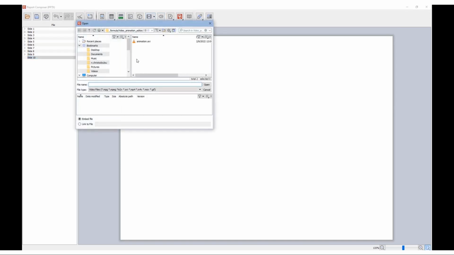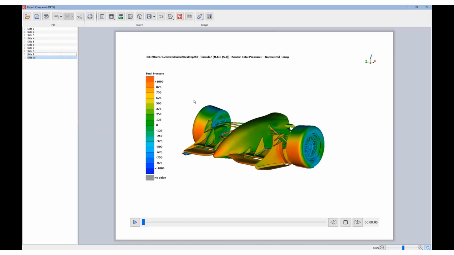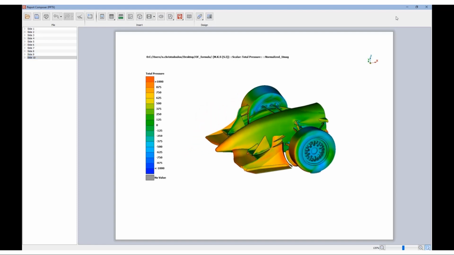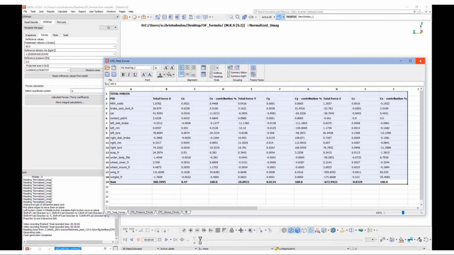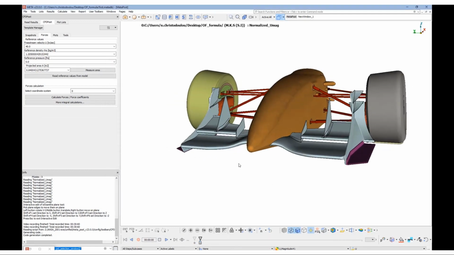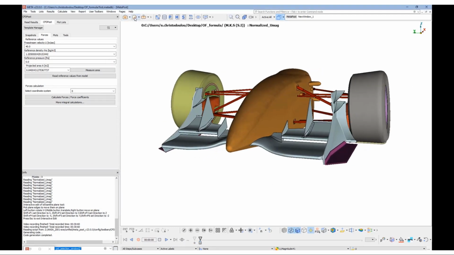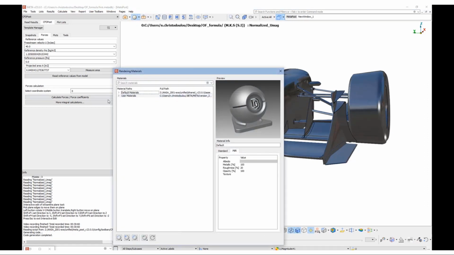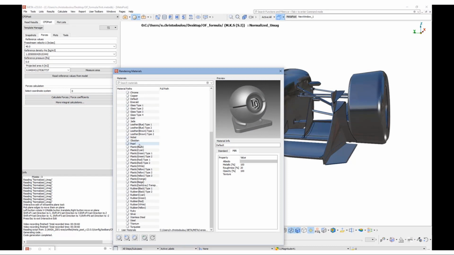We can include, of course, the animation we created from the animation editor. Now it is time to create our cover for the report. We can click on the rendering icon and click again using the right mouse button to open the materials list.